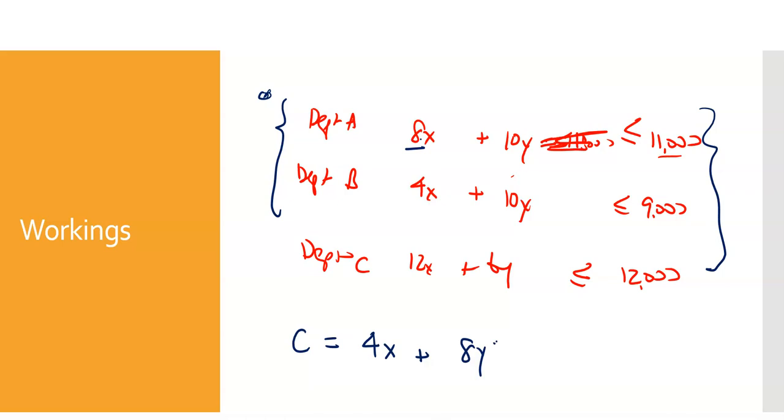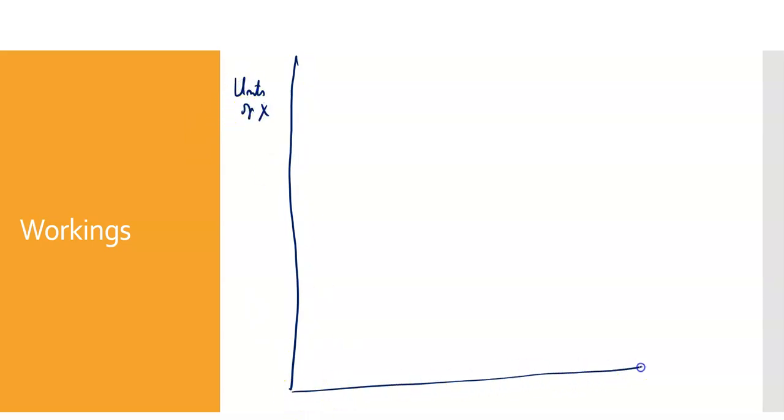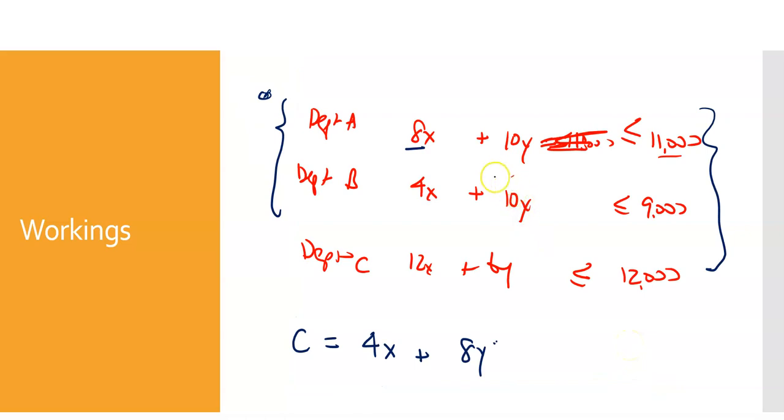So where are we? I'm just going to go to the next page. I'm going to put here units of X, and here units of Y. Sorry, this is Y, and this is X in terms of the axes. So it's what I was saying earlier on. In Department A, if I choose to make only